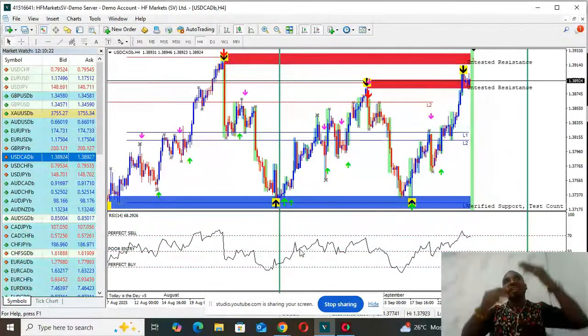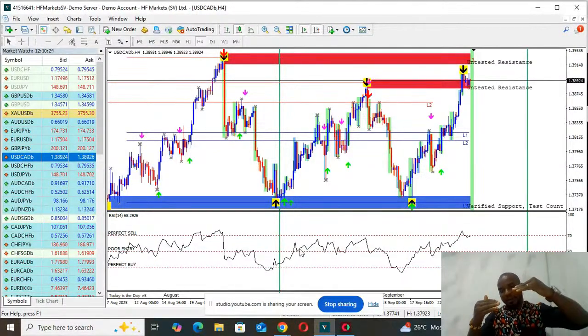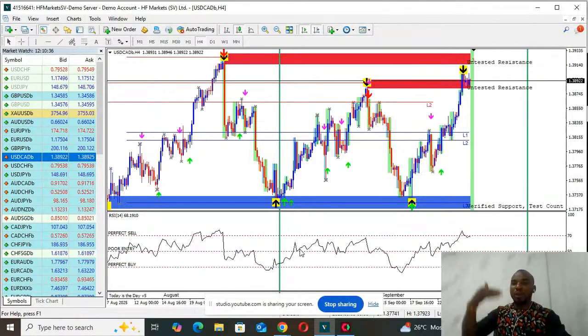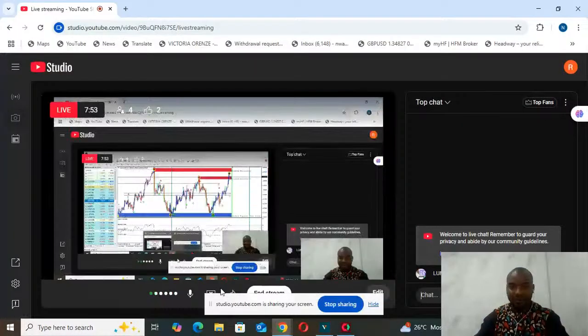How do I mean? If the market is selling, right? How you will know the market will sell a long time is from 4 hours. How you will know that we have moved from a buy to a sell is from 4 hours. Now, how you will know we have moved from a sell to a buy is from 4 hours, right? 4 hours time frame. Guys, I'm telling you my secrets here, okay?